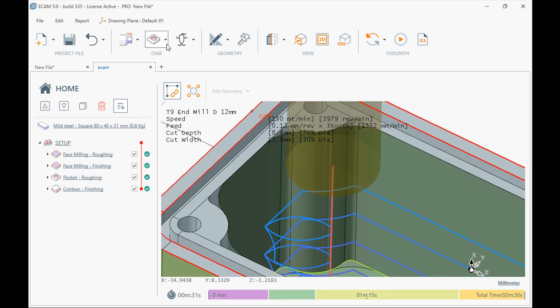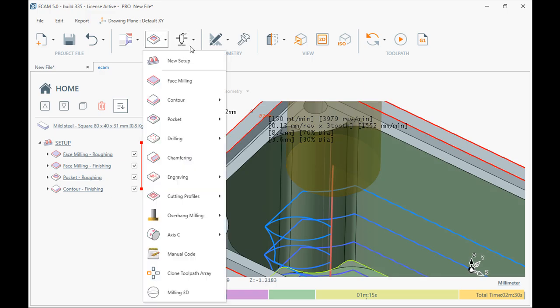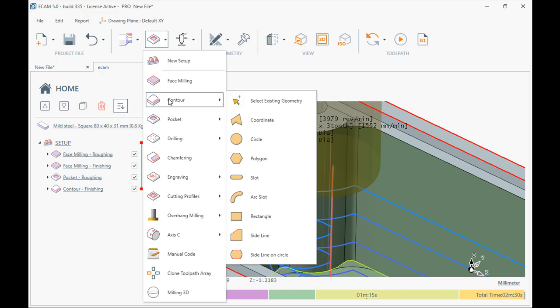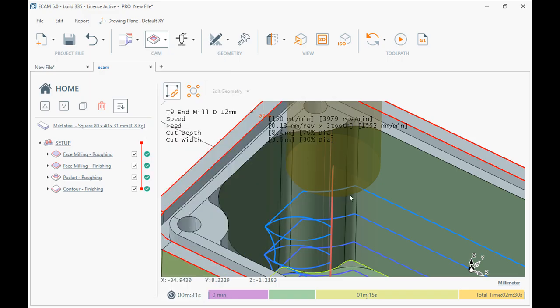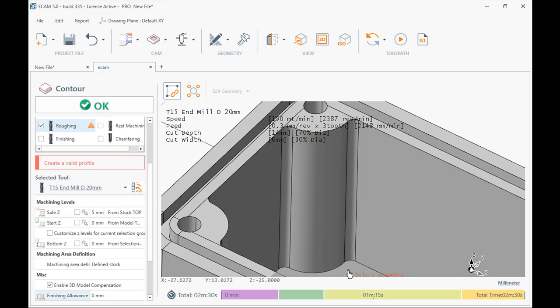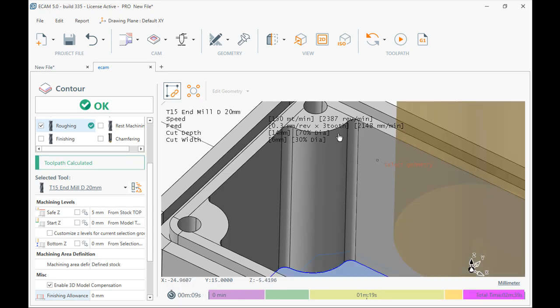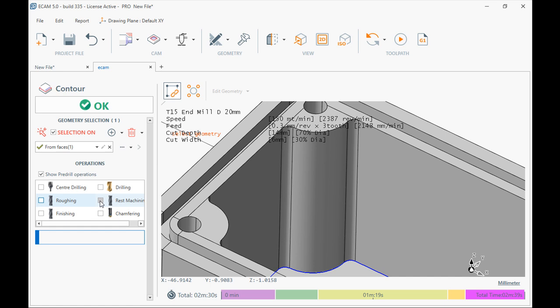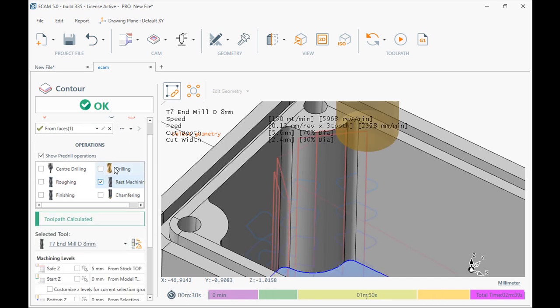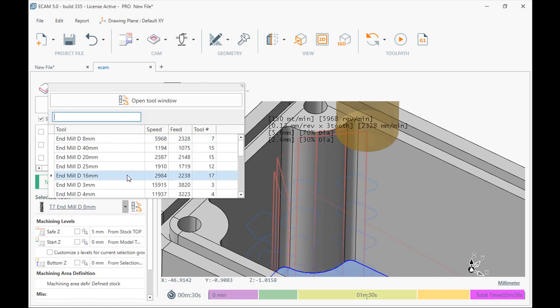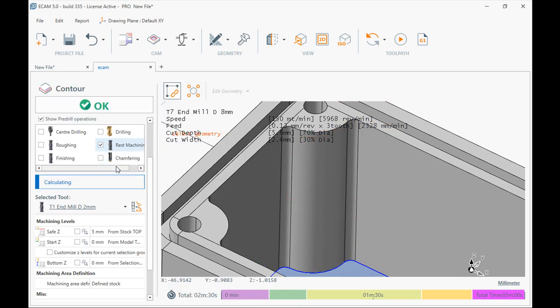Let us create a new program, another contour, select geometry, picking the bottom once more, not roughing, rest machining, and we'll choose a tool that we should have 2 millimeters,